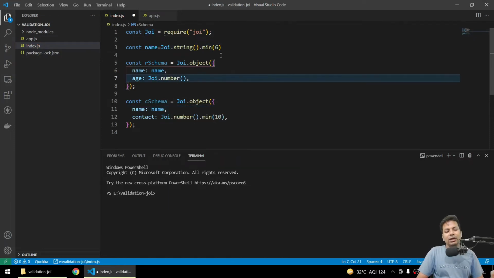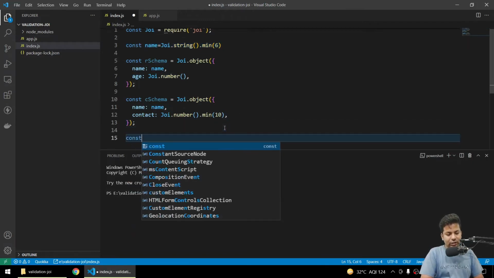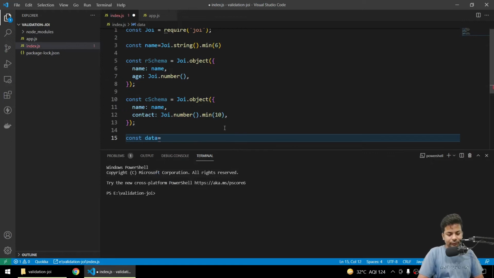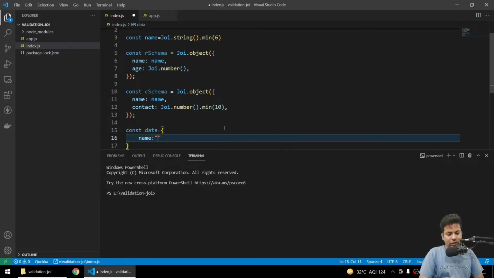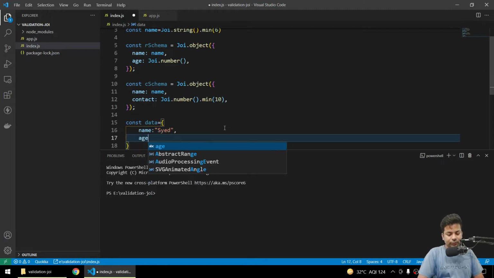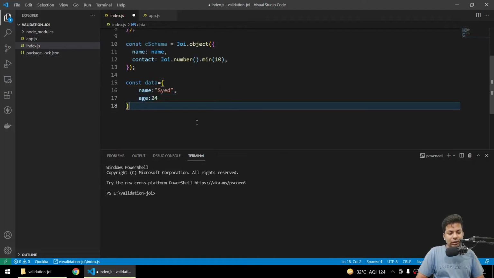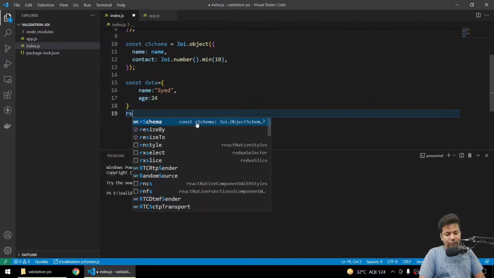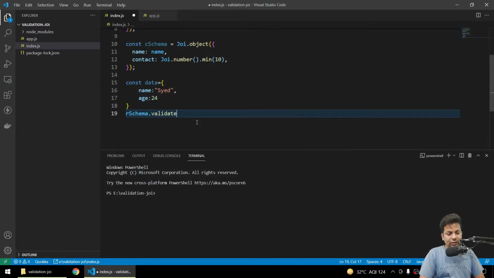Now wherever you feel like this name will be used, just put the name, that's it. Now let me show you. I'll say constant data, name will be Syed, which is of not, age will be 24. Now I'll say schema dot validate,